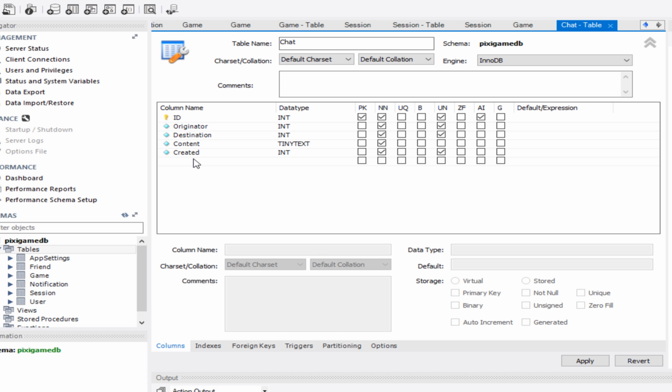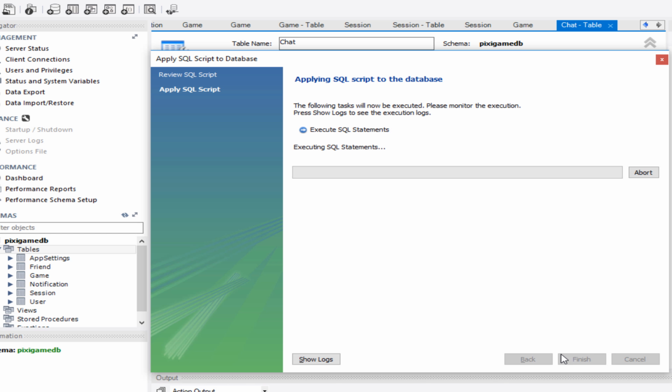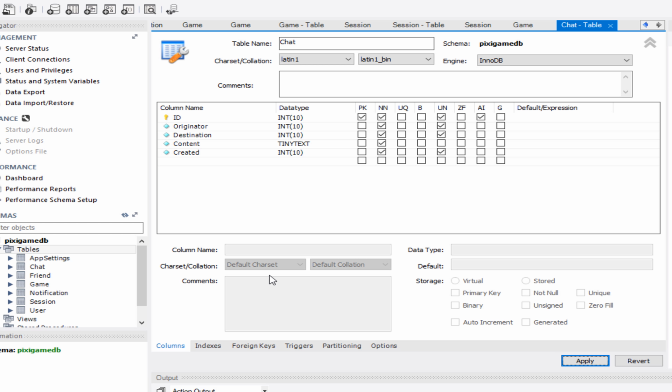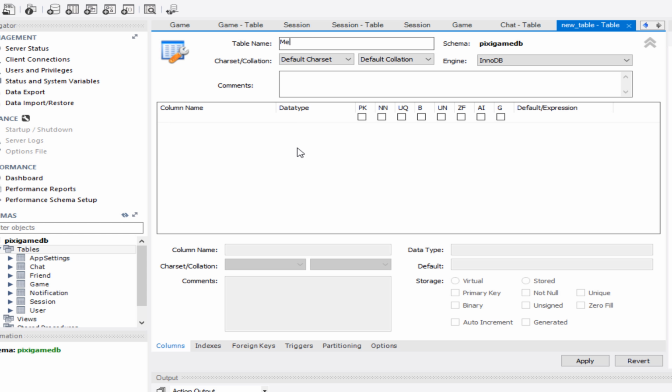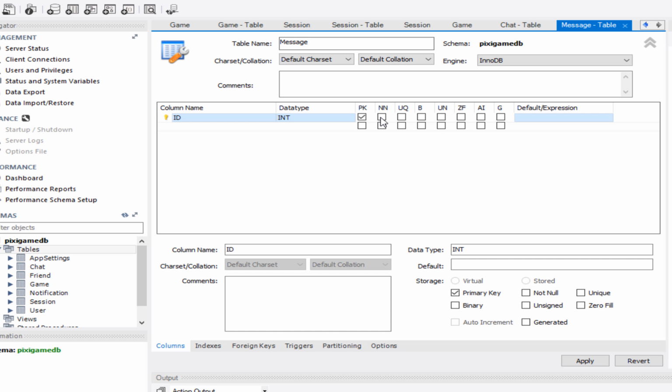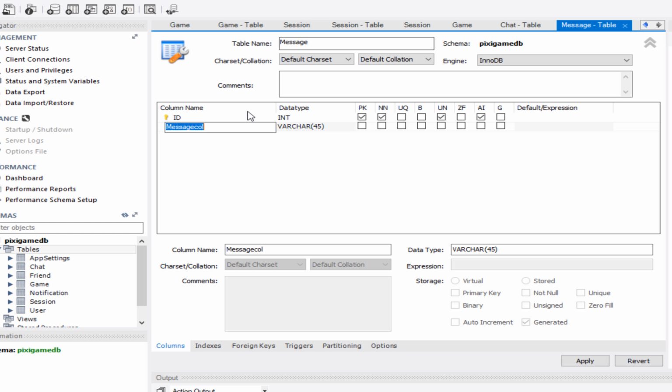Yeah, we're doing the chats. So this is for players to talk to each other. All right. So now we have that table, and we're going to have to create a model for that. We have one more, and that's message. A message is really not between users, but rather it is messages that are queued by the server to be received by the destination user. So there's only one user,